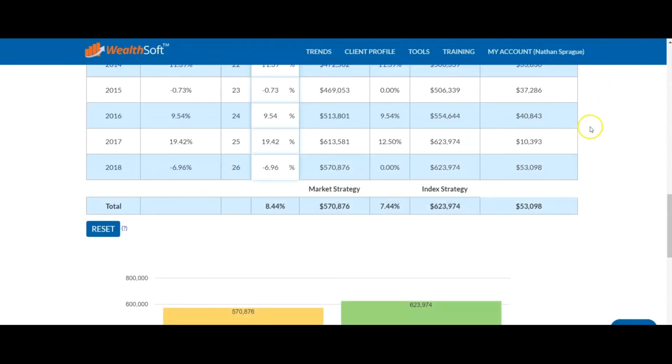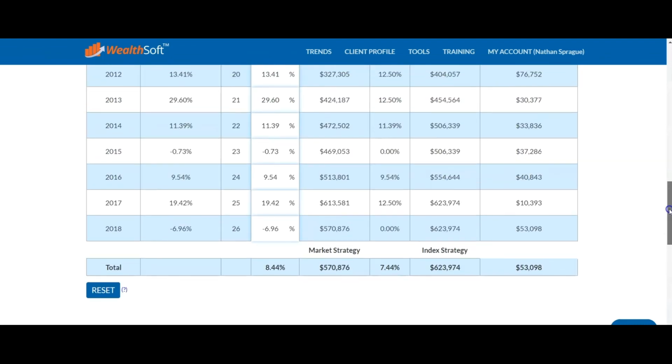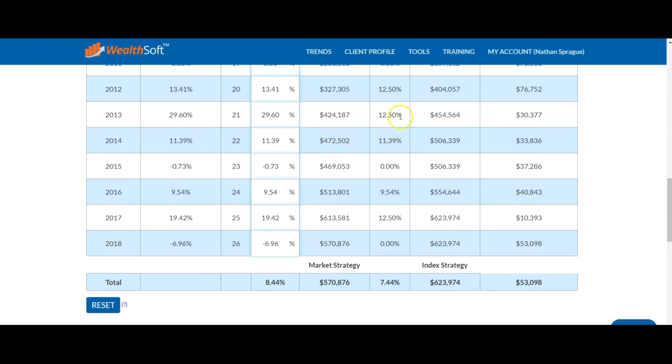So hopefully that makes sense, guys. That's all I wanted to point out was, again, not getting too deep into the weeds about specifically the mechanics of how these companies design and execute these synthetic index crediting investment strategies, but more importantly, what is the end result? And the end result is that, at the end of the day, you get to participate in either all or at least a good portion of the upside market gains, but more importantly, you are provided that downside floor and protection of 0,